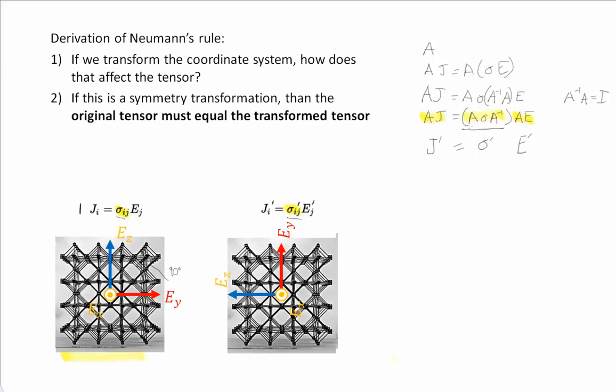And so at the end of the day, we found what we're looking for, which is, again, how do we relate this expression on the left to the expression on the right? And all that we're going to say is that the conductivity tensor in the new coordinate system is given by this combination of terms. So just to go through this one more time, A, remember, is our general rotation matrix. I multiplied the left and the right by A. In this second step, it's like I'm multiplying by 1 here. I'm adding the inverse of a matrix times itself, and that's just getting stuck in the middle here. And then that'll allow me to recluster these things,